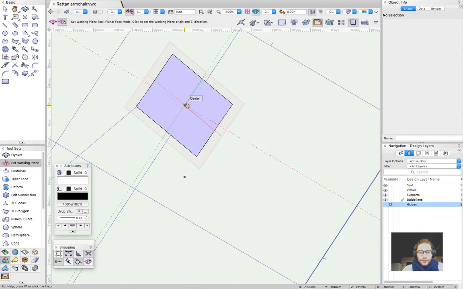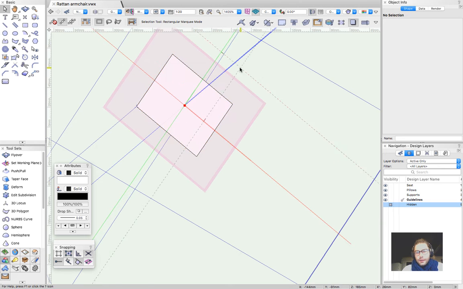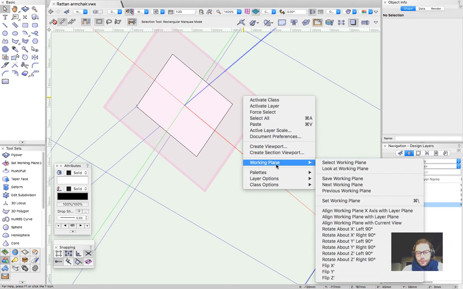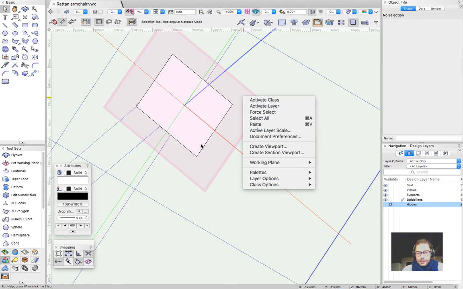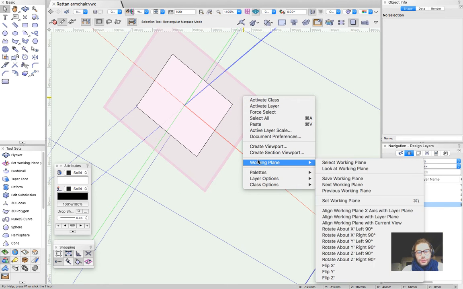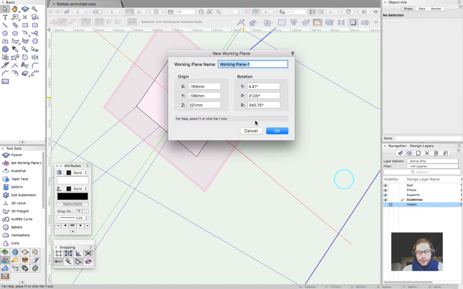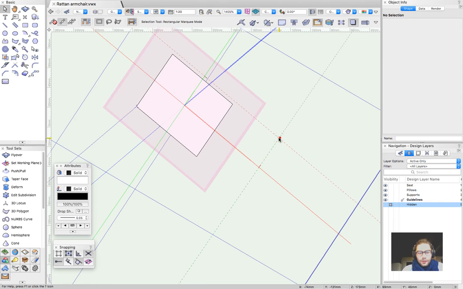Then the next step is to place a working plane right on the rectangle. And why don't we save it? This one is definitely useful and we are going to use it much. So let's find the save working plane command. Okay,